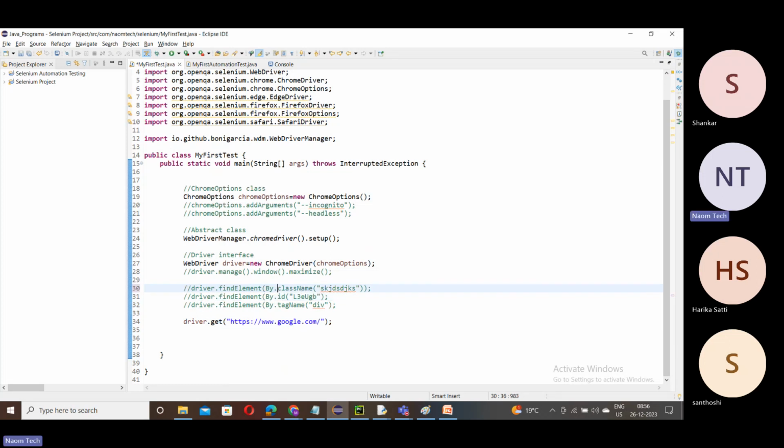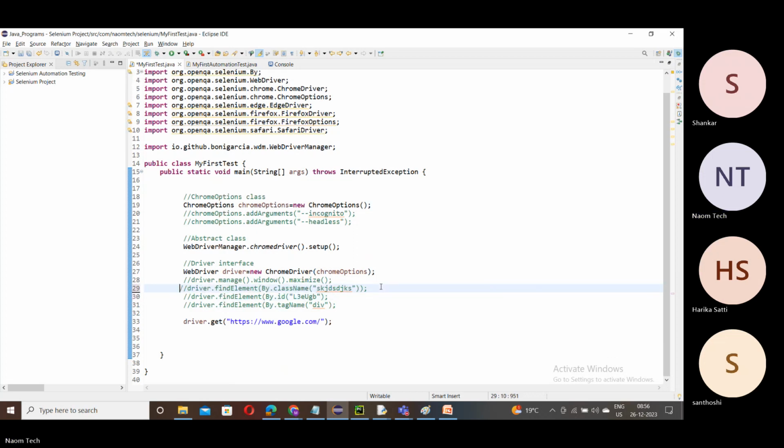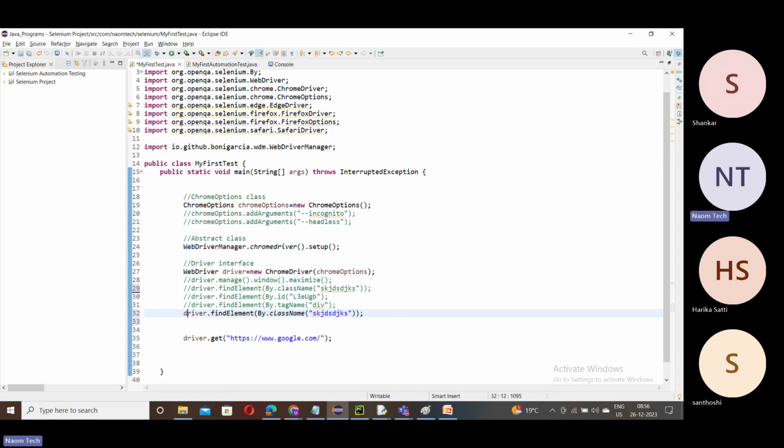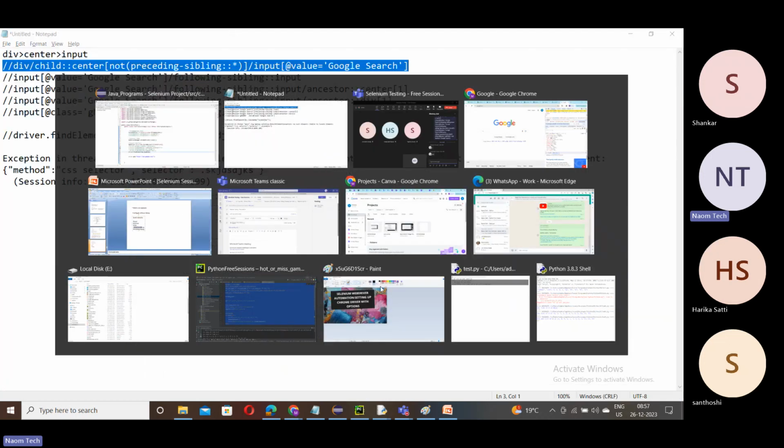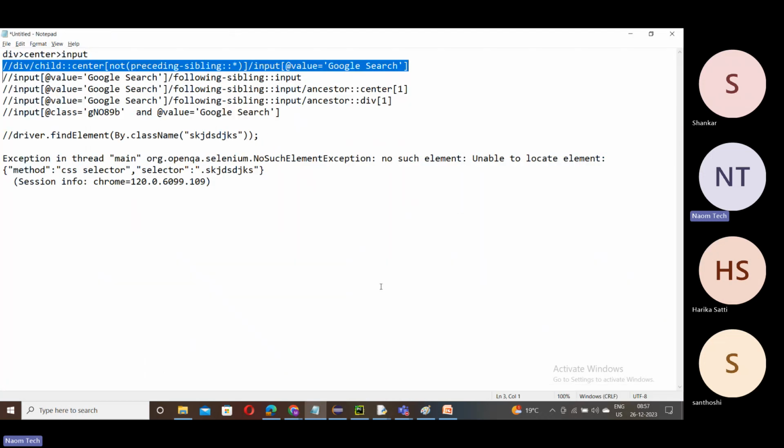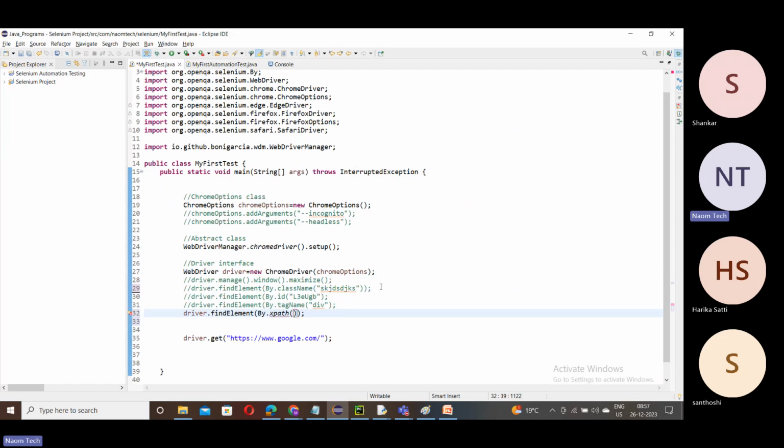What should we choose if we want to apply XPath, friends? Remove this and then find element by XPath, right? So here, by dot, choose XPath. This is what we need here. Then you can copy this to locate this Google search in your web page. So paste it here and then